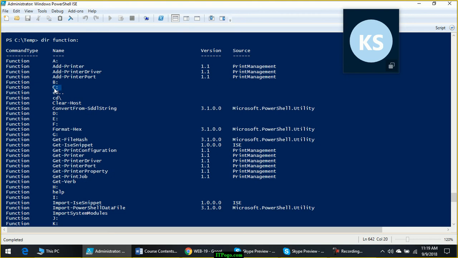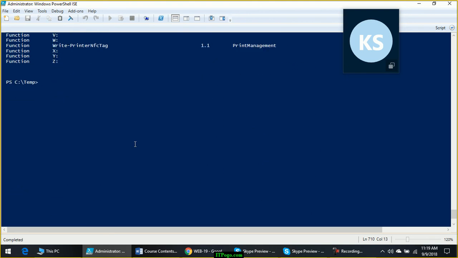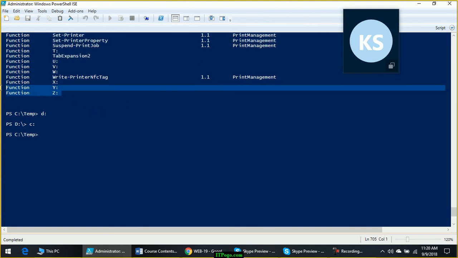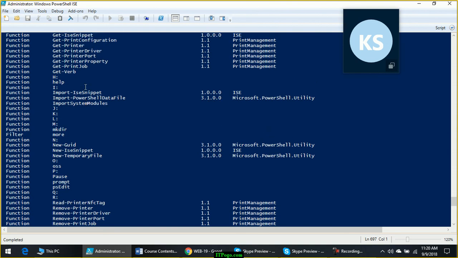Now when I do C:, that also works for me. I don't need to just say cd D: to change to D drive. I can simply use D:. Now D: is equivalent to Set-Location D:. It does the same thing. Now if I want to go back to C drive, I can use C:. Now the question is, C: and D: are not PowerShell commands, but how are these working in PowerShell? So there is a function for each drive letter that you can see here.